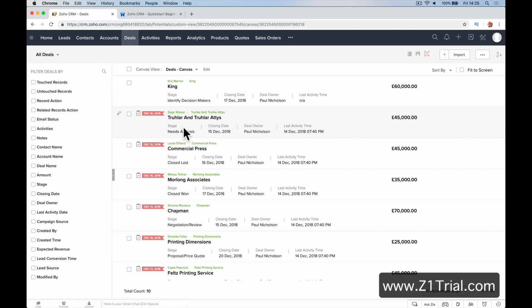Deals is where you're going to spend a lot of your time. Someone's cutting something in the background and it's putting me off. Sorry. Deals is where you're going to spend a lot of your time, more in this mode, in the Kanban